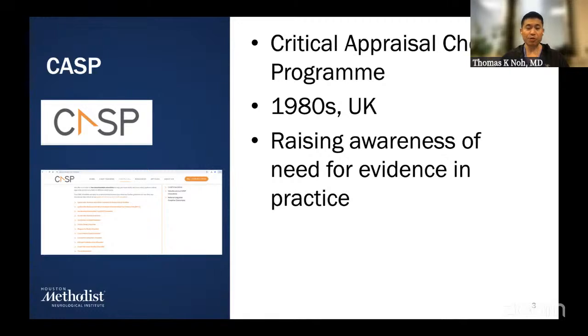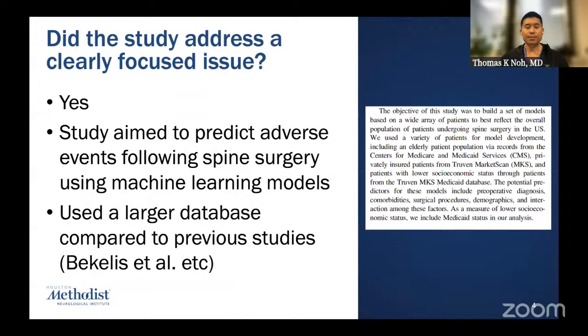So if you ever do get a chance, I think it's a phenomenal website. They give you a checklist for everything from randomized controlled trials all the way to cohort studies such as this. If you do get a chance to peruse that site, it could be very helpful, not just in journal clubbing, but also in your day-to-day interactions and digestion of different evidence-based medicine. So to jump into it, this is just going through their checklist.